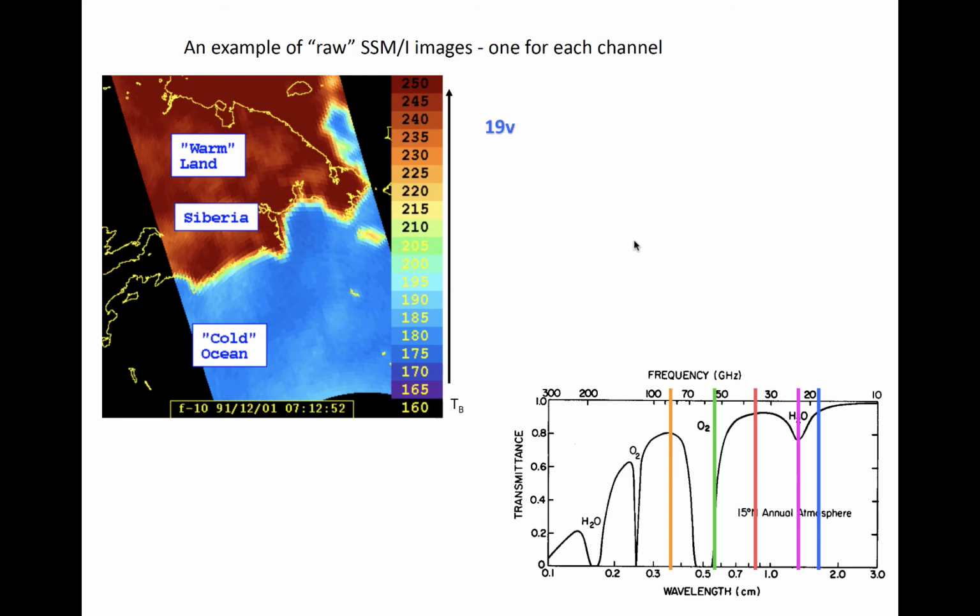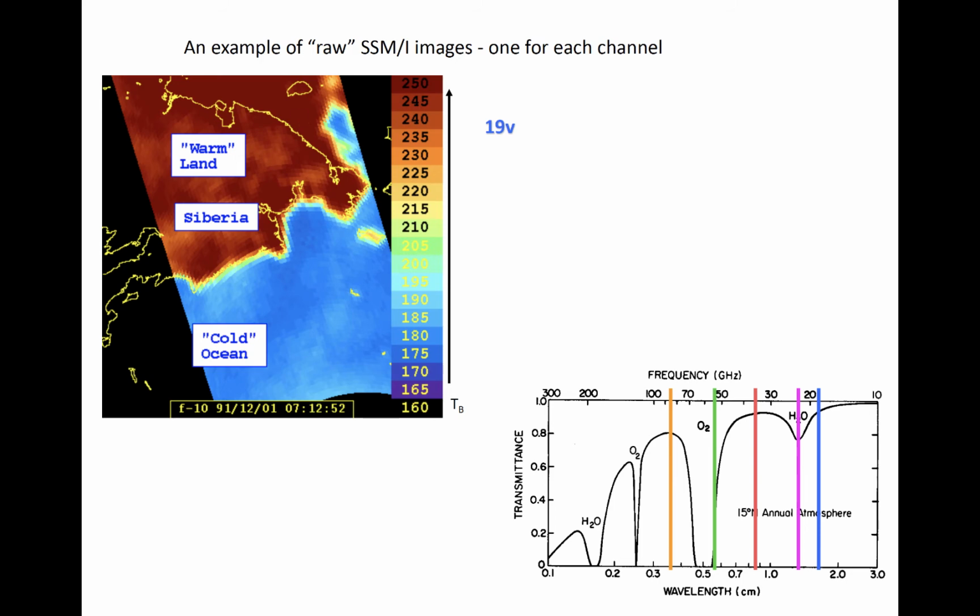The image shown at top left is an example of 19 GHz vertically polarized brightness temperatures observed over the northeastern portion of the Soviet Union and nearby ocean. In short, we can call this the 19V channel, 19 vertically polarized. Brightness temperatures over the ocean are generally low, while brightness temperatures over land are relatively warm. The yellow line near the top of the image is the northern shoreline of the landmass, and the warm temperatures to the north of the coast are emissions from ice, sea ice in particular, and we'll see this more clearly